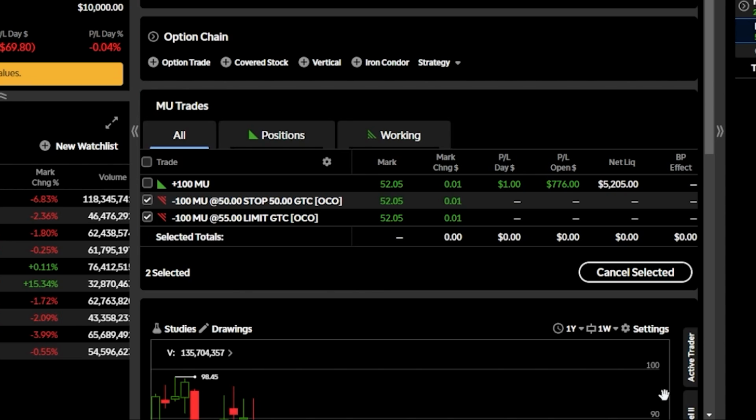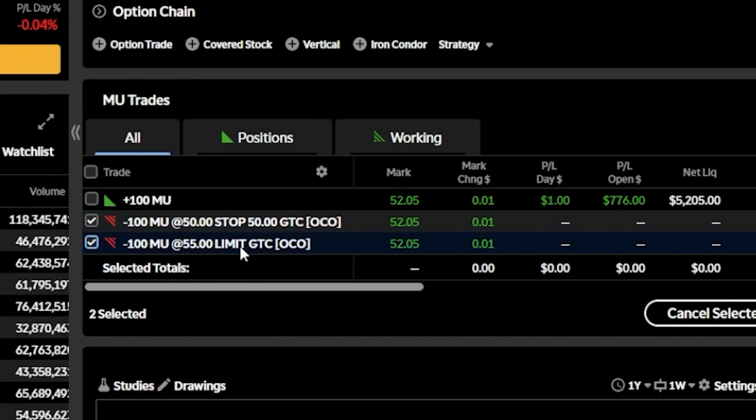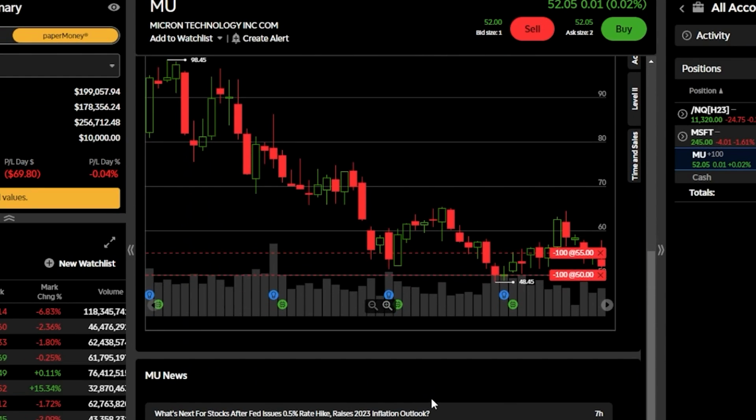Now that the orders have been submitted, we could check on them a couple different ways. The first way is simply by looking right up here above in that same little trade section. Right here you can see the closing ticket to sell it at 50, as well as the limit order to get us out at 55. We could also see it on the chart down here below if we scroll down just a little bit. We can see both the sell tickets right here as those little red boxes,